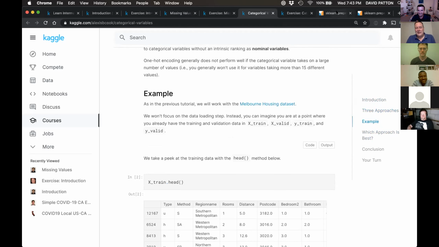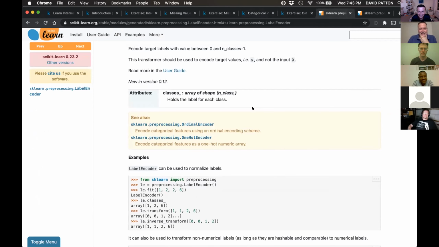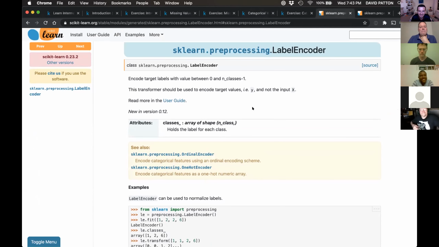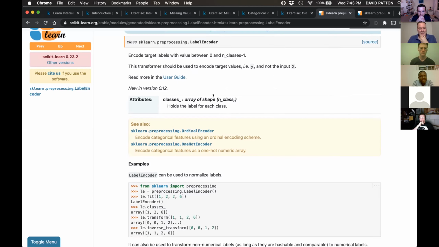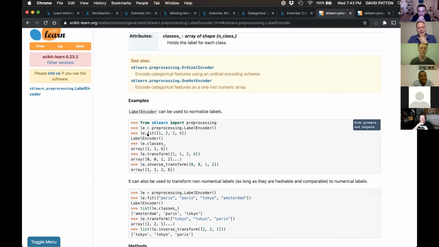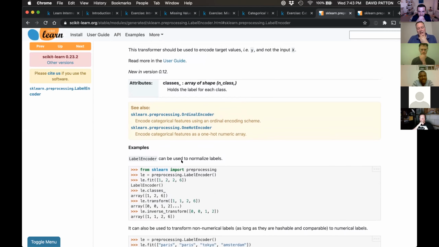Let's talk about label encoder first. So, let's see. Can you see my screen here? Yes. Okay. So you'll notice here it says this transformer should be used to encode target values, the Y, not the features, the X, right? Yep. So first of all, they've used it in a way it's not intended to be used. Label encoding will always basically code in terms of integers. So it's going to give you, a couple things about it. It's going to give you integers for the actual encoded results.